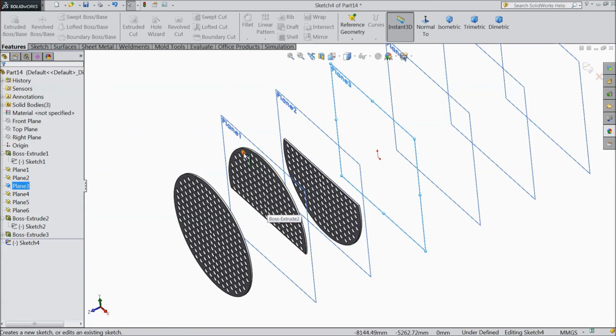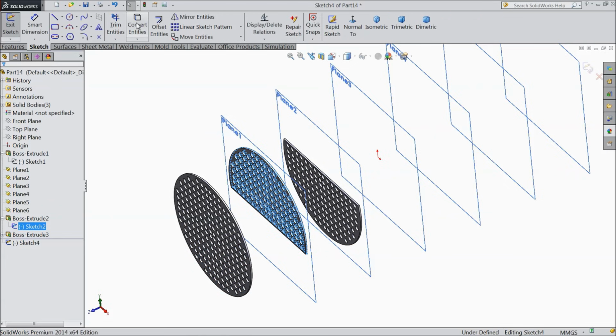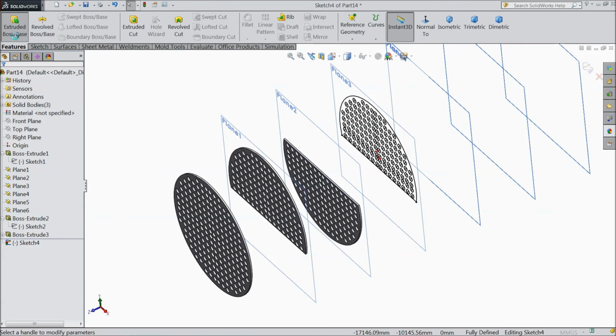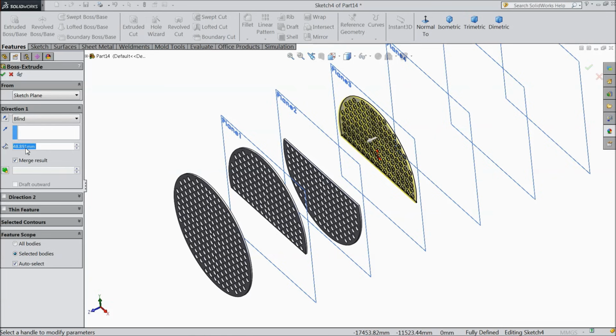And for plane 3 we want to convert plane 1 sketch, convert entities. It is converted. Extruded boss, and the same 48.89 mm. OK.